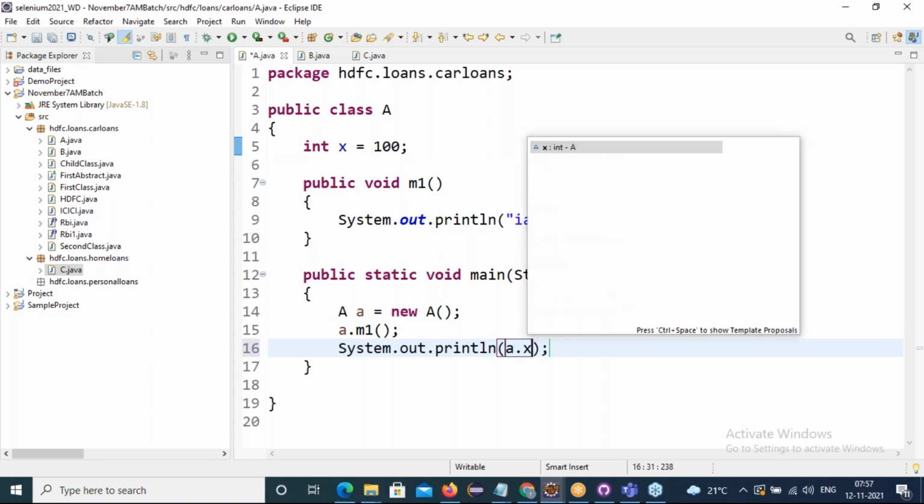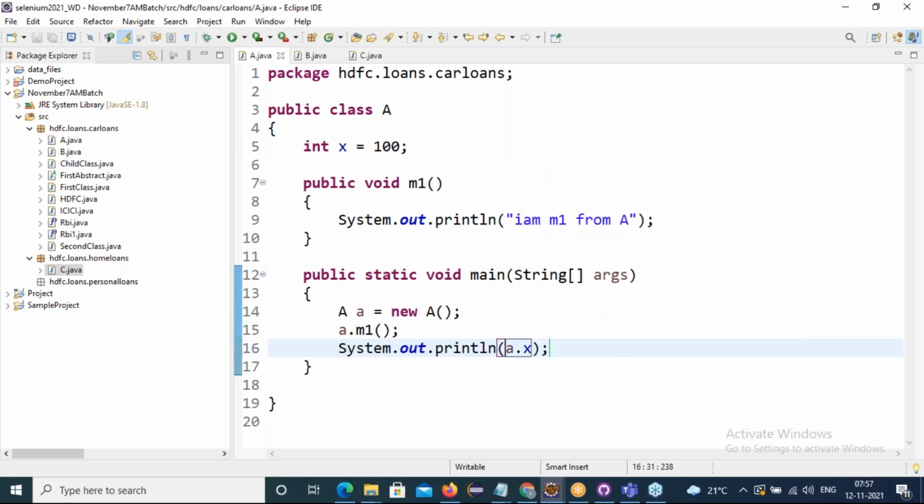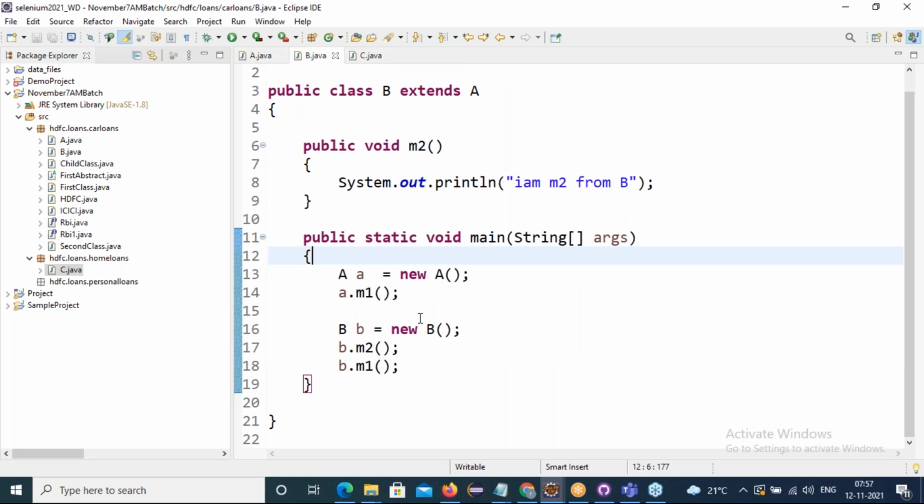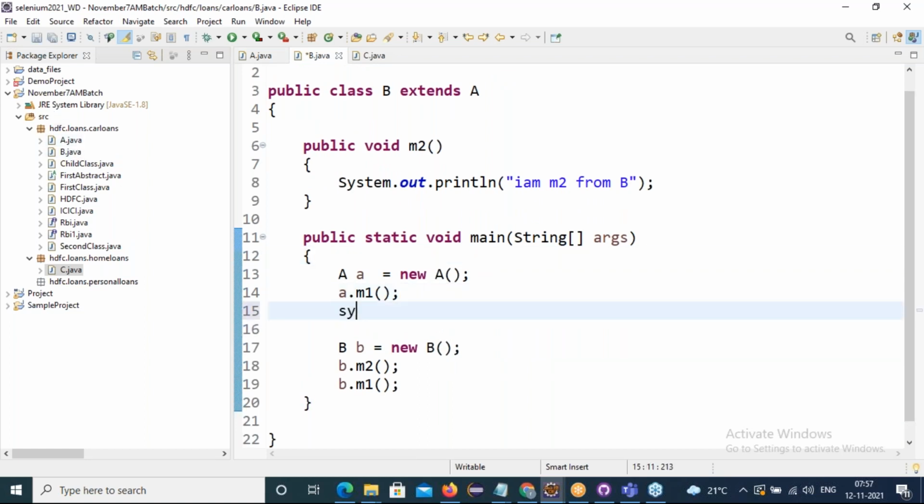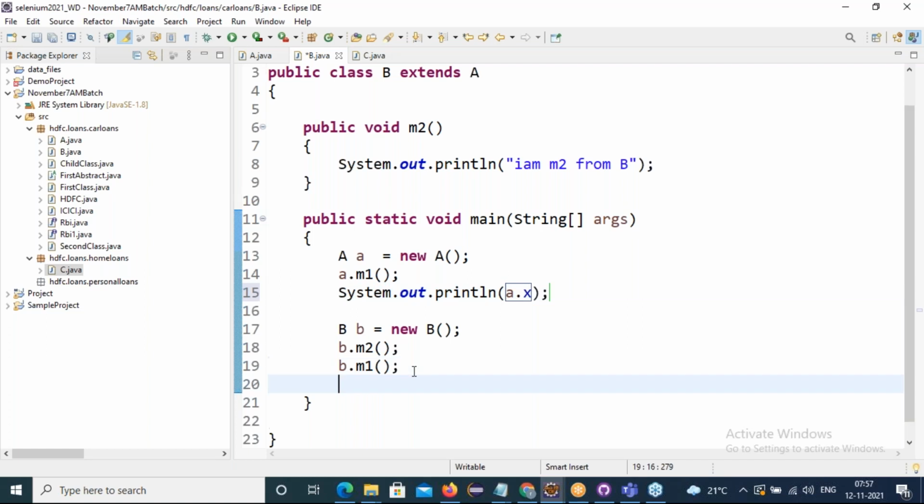Yes, happily I can access. Within a package, another class, can I access default variables? Yes, with the parent reference and with the child reference, happily we can access default variables within the same package class.